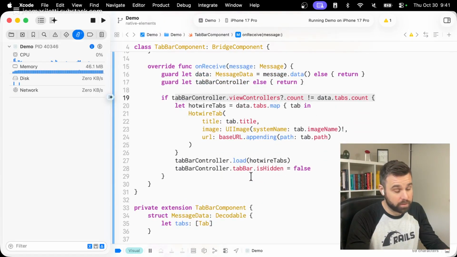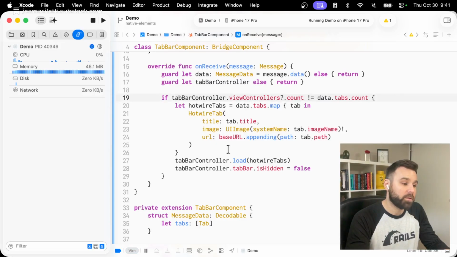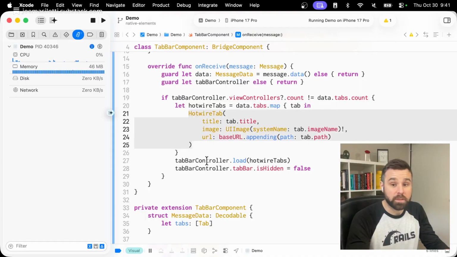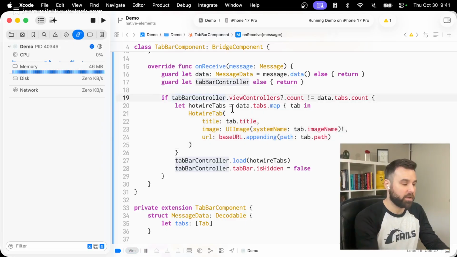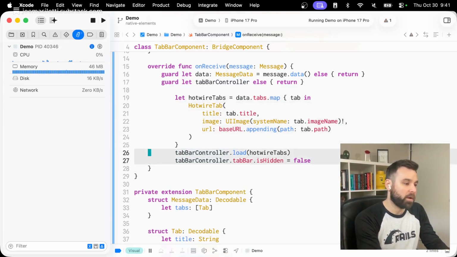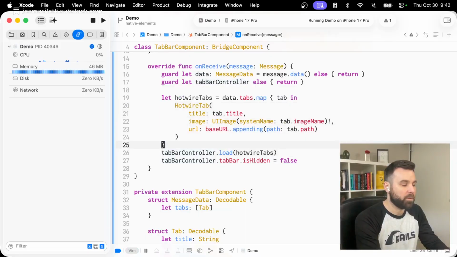So 2 is equal to 2. So instead, we want to run an equals, essentially check if it's the same like this, right? So that's not our check anymore. So we're going to grab our Hotwire tabs and we're going to say,